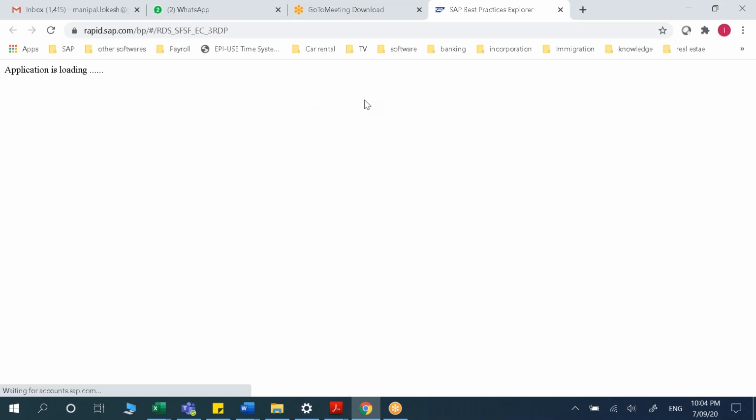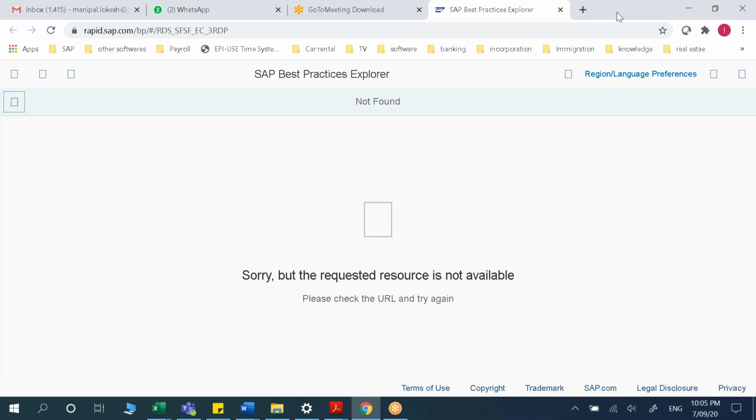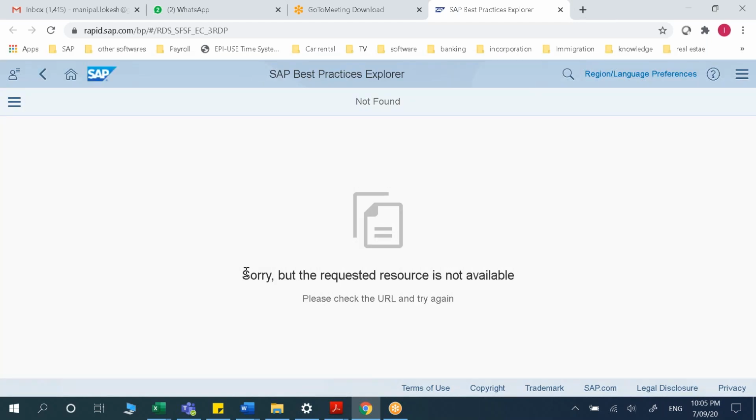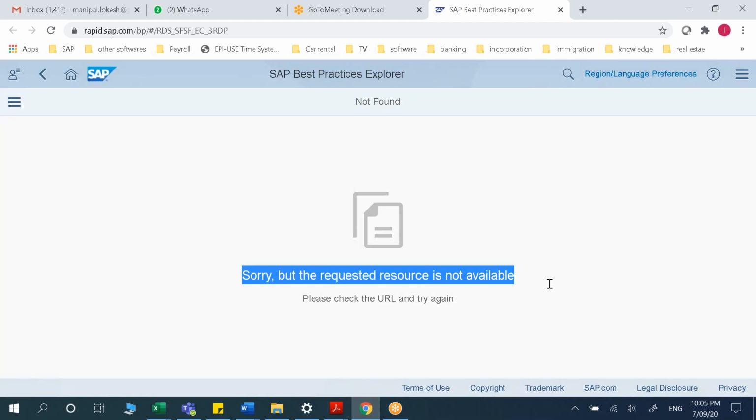You are using the 2020 May edition, right? It says that nothing can be found on this one.